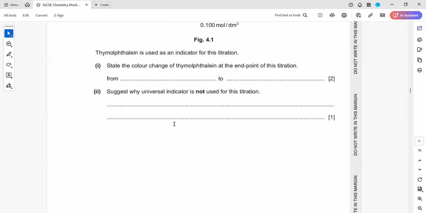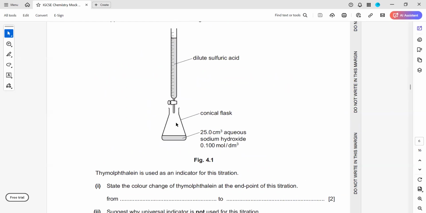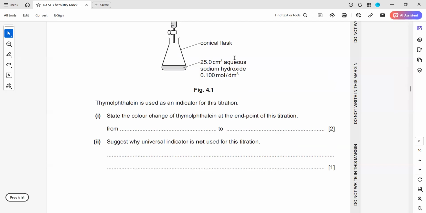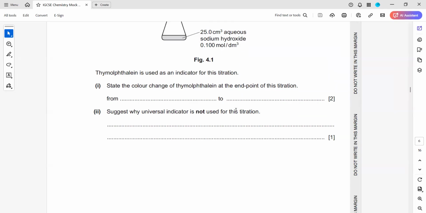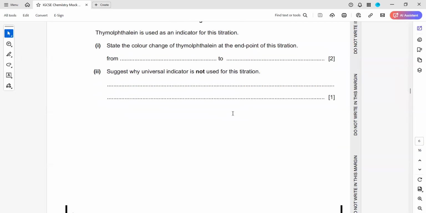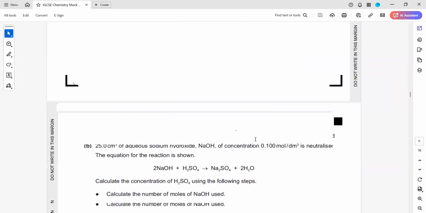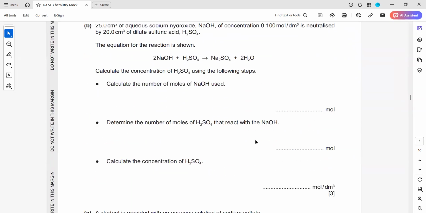So that's why universal indicator is not used for titration. Neutral. It gives a range of colors, shows a variety of colors, a color transition. It is difficult to identify the color change during the mixing of the acid and alkali. Yes, sir, I didn't write too many color changes. I left it. I checked from the marking scheme. So a range of colors gives variation, variety of color, transition of the color.